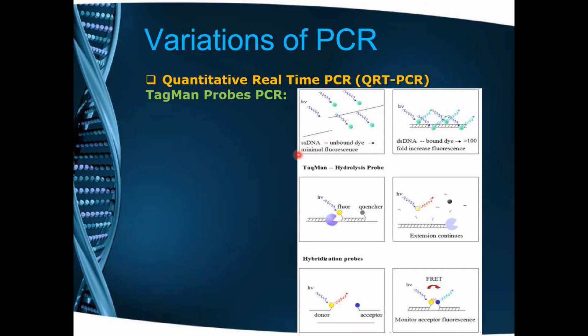In this template DNA, all the these blue-ended ones are the Taqman probes. As the Taqman probes are not bound to the DNA, there is minimal fluorescence, খুব কম amount light হচ্ছে. Then double-stranded DNA is synthesized. When this double-stranded DNA is synthesized, your dyes are binding to it, bound dye, 100-fold increase in fluorescence. Now from this portion to this portion, there is an increase in fluorescence in huge amount.